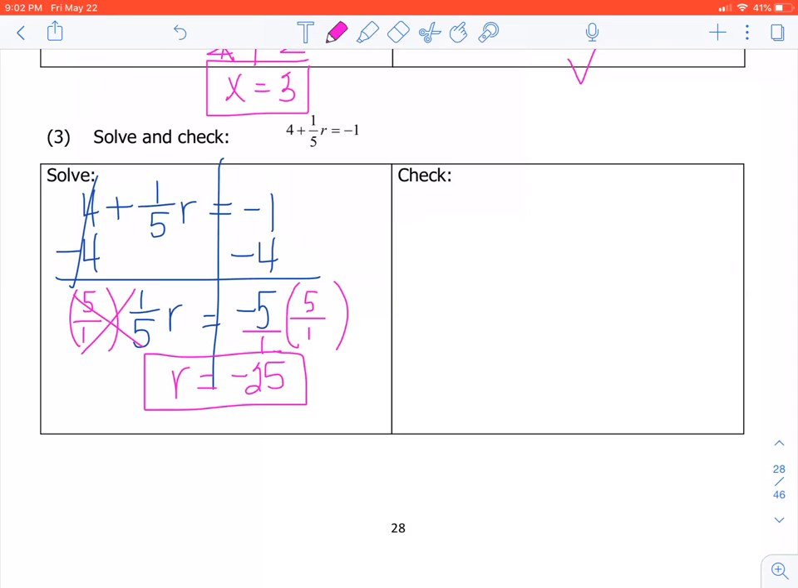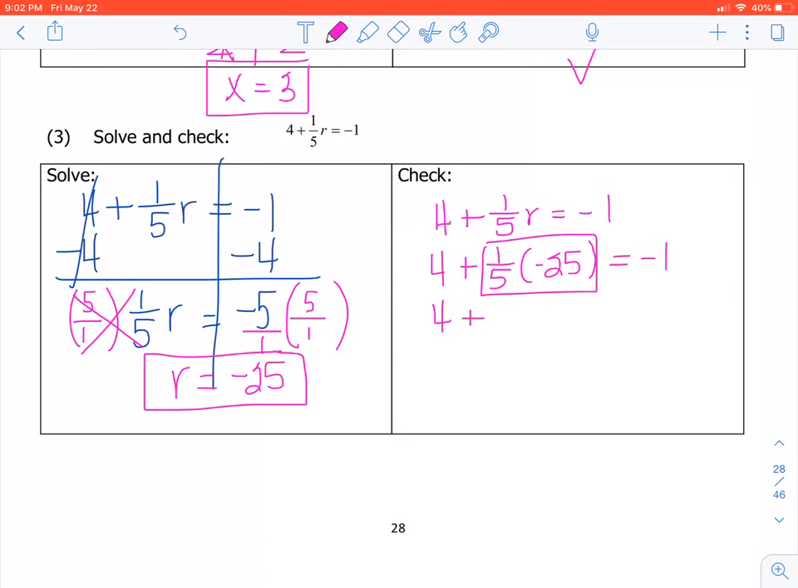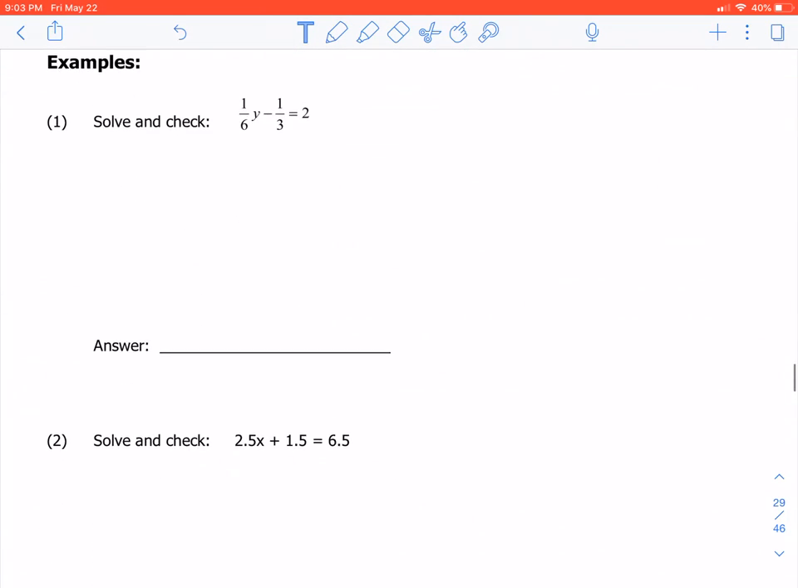So I'm going to check this to make sure. So we're going to start off by rewriting the equation. I'm going to replace my r with negative 25. And then I'm going to do PEMDAS. So I'm going to keep this 4 because I got to do the multiplication first. So this multiplication here, 1/5 times negative 25 is negative 5. You can put that in the calculator if you want. And then I'm going to add this together, which is negative 1. And negative 1 is equal to negative 1. So that does work. All right, I'm going to have you try the next couple examples on your